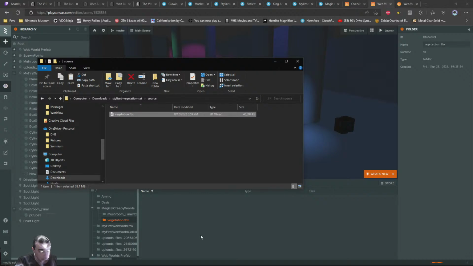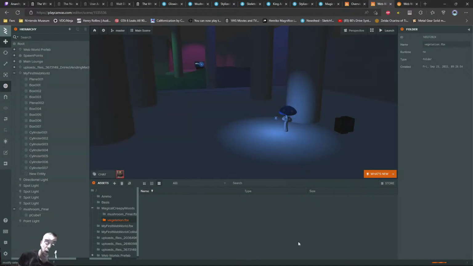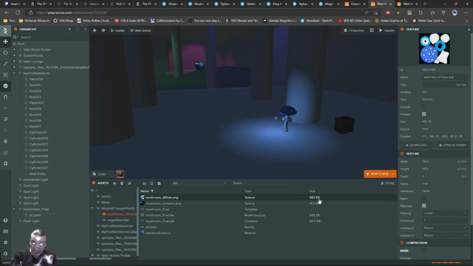This is probably a good time to talk about optimization and basis compression and those kind of good things. When you build a web world in Play Canvas here using the Web Worlds SDK, you upload textures, and I think I can click over here and talk about this. It won't disturb my upload. This texture here, it takes up